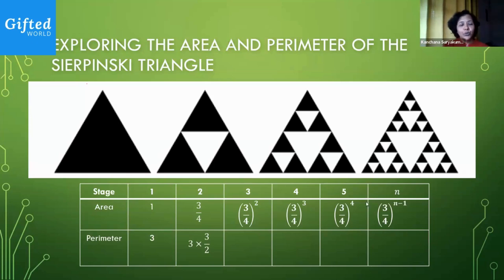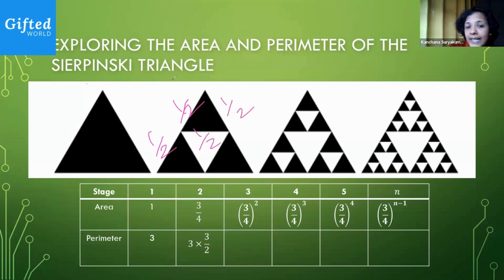I mean, you all know what the perimeter is. But very colloquially speaking, it means I'm walking on the sides of all the shaded triangles, right? So let's assume each of the sides is of length 1. If I take this first triangle, this is 1, 2, and 3, which means if I'm walking along the 3 sides, I get 3 units. That's my perimeter. If I move to the second stage, now it's broken into 3, and I have to do this 3 times, right? But each one of these is now just half, right? Because I've come down to half.